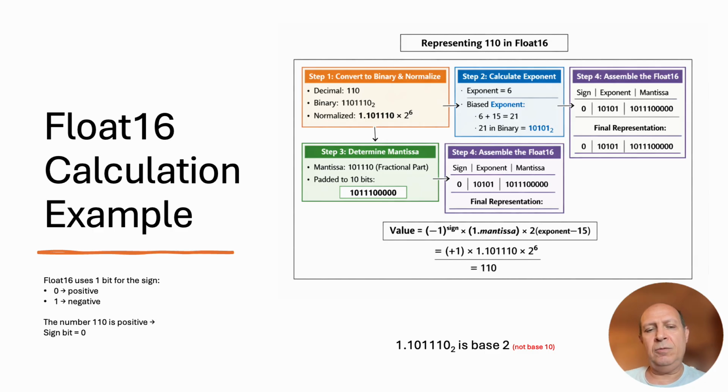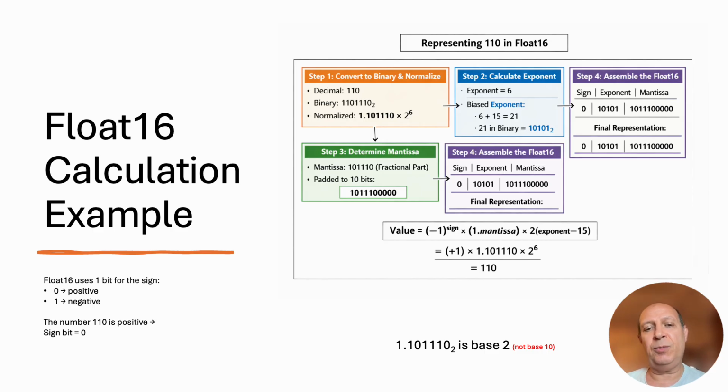Let us take a look right now at how we represent a number in the float 16 representation, and how to perform an addition in the next few slides, how to add two floating numbers together. Let us start with representing a number in float 16 first. The first step, we convert the number into its binary, and then we normalize it. Now, the number we are processing here is decimal 110, which is a positive number. We represent it in its binary format, and it is 11011110. This is binary base 2. And then we normalize it.